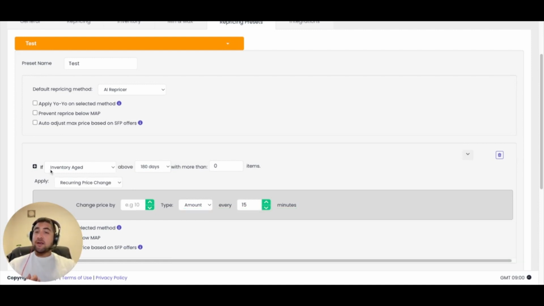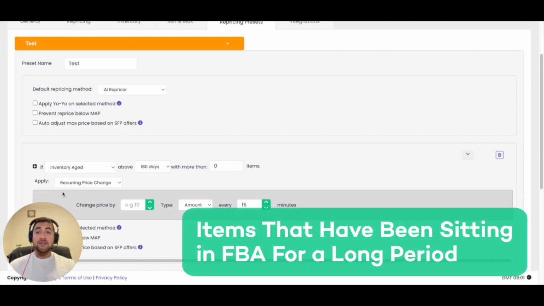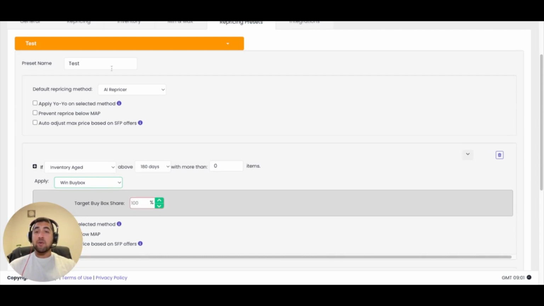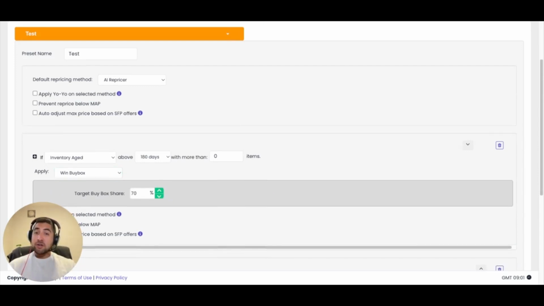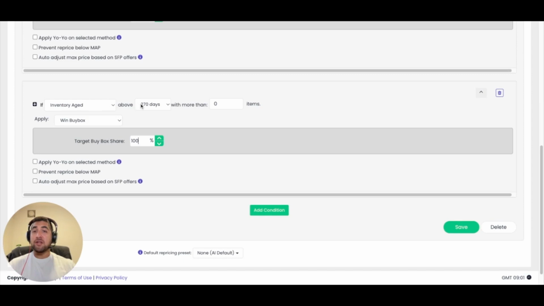And so we're going to set an if condition that says if inventory age is above 180 days with more than 0 items, that means one or more item in stock, I want to be more aggressive and use my win buy box strategy at, let's say, 70%. Additionally, we often see that clients will be a bit more granular than this, and they'll set a secondary condition that says if inventory age is above 720 days with 0 items in stock, we'll win buy box at 100%,